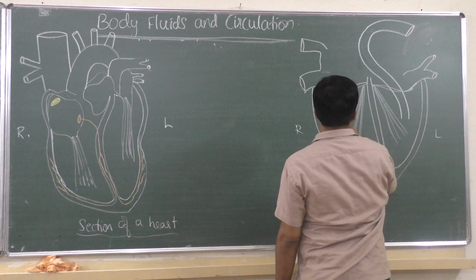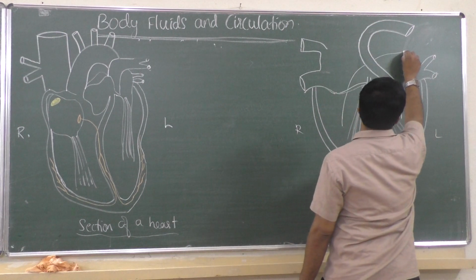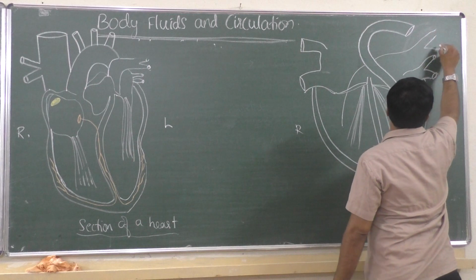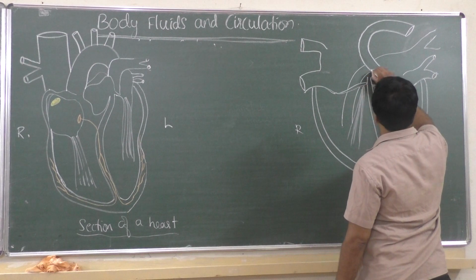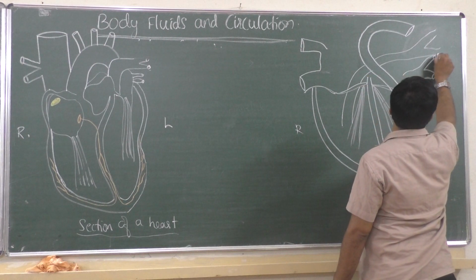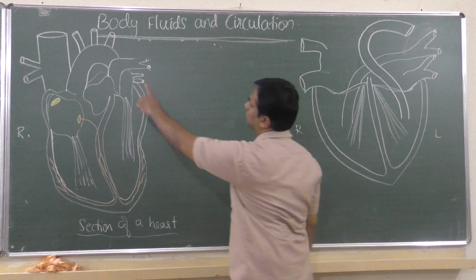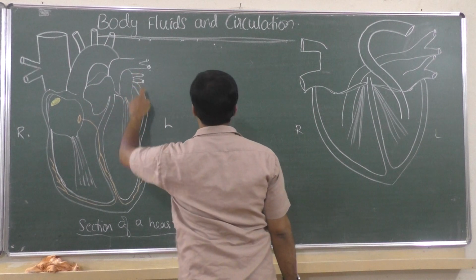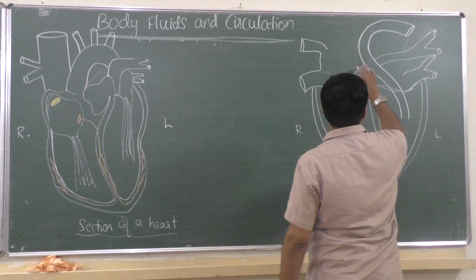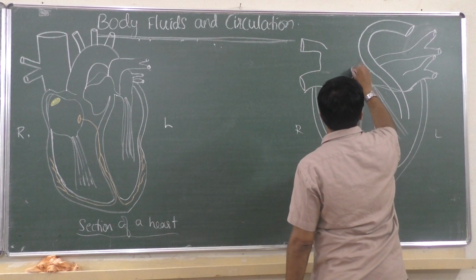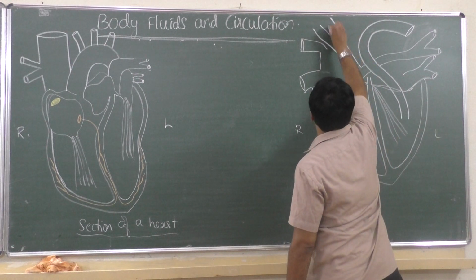So from the right side ventricle it goes here and produces two branches. So that is like this. And these are pulmonary arteries, what you see here they are showing. These two are pulmonary arteries, these two are pulmonary veins. Here also same thing, these two are pulmonary arteries, these two are pulmonary veins. Same thing I am showing. You can produce the branch of that can go here and produce branches.